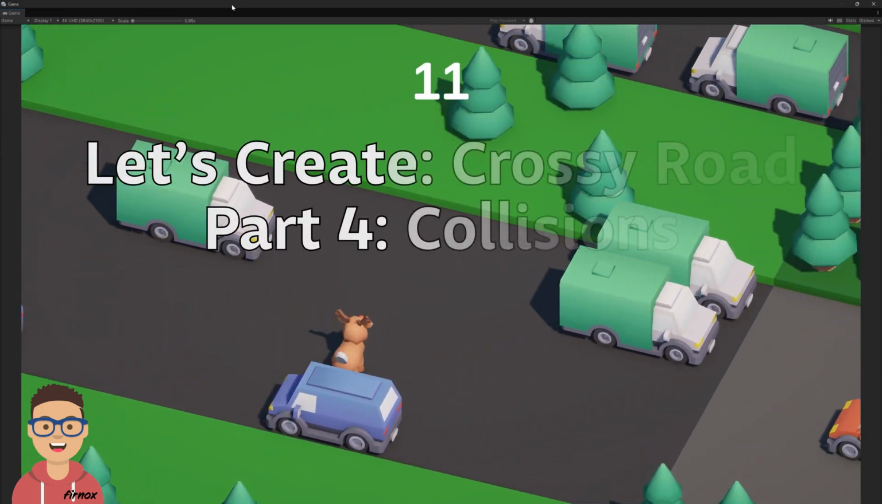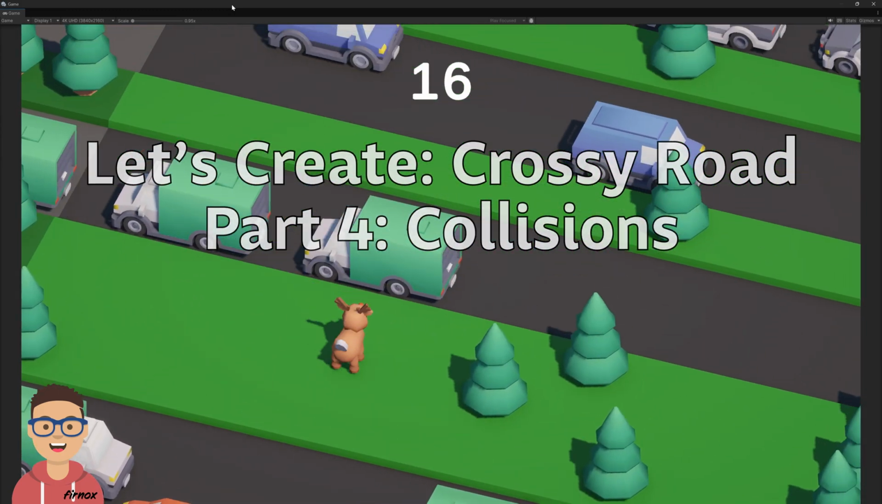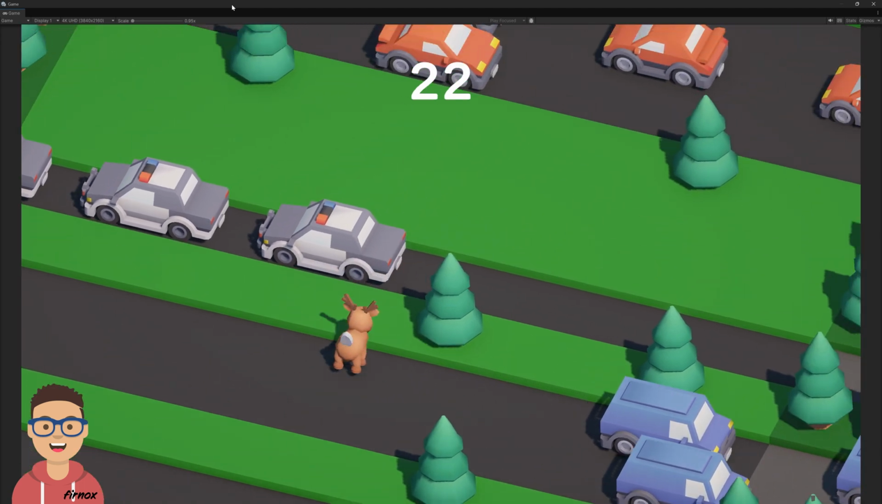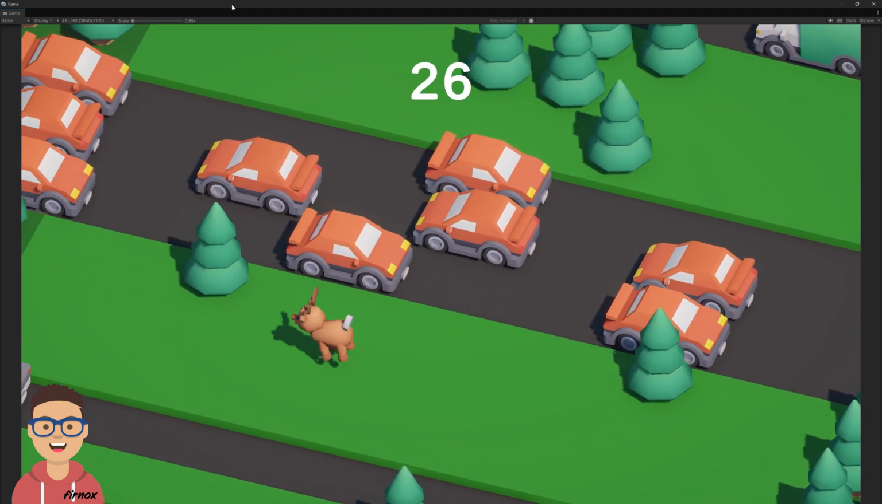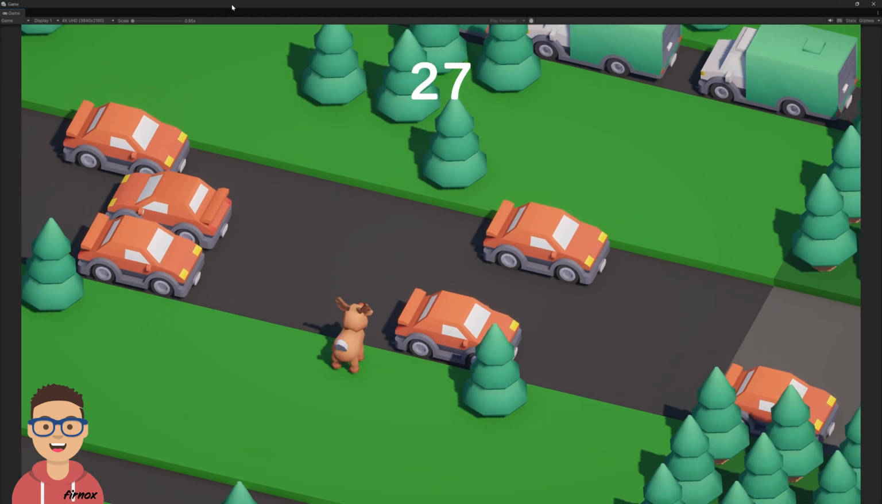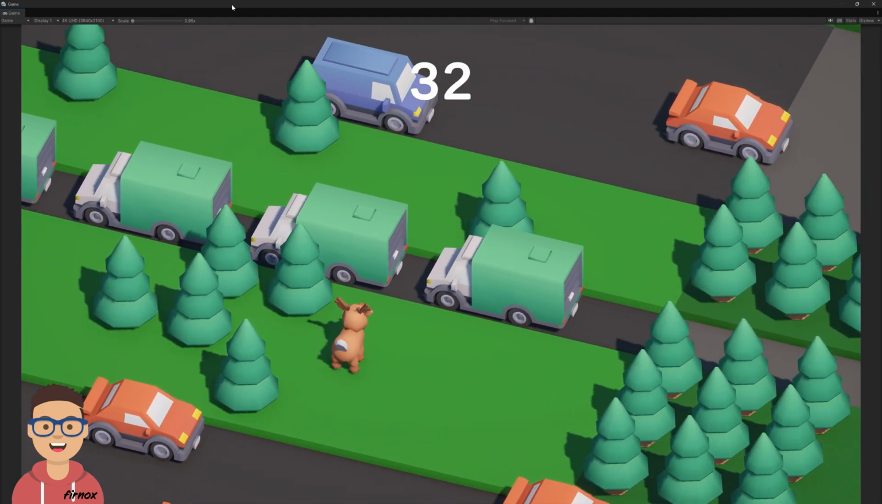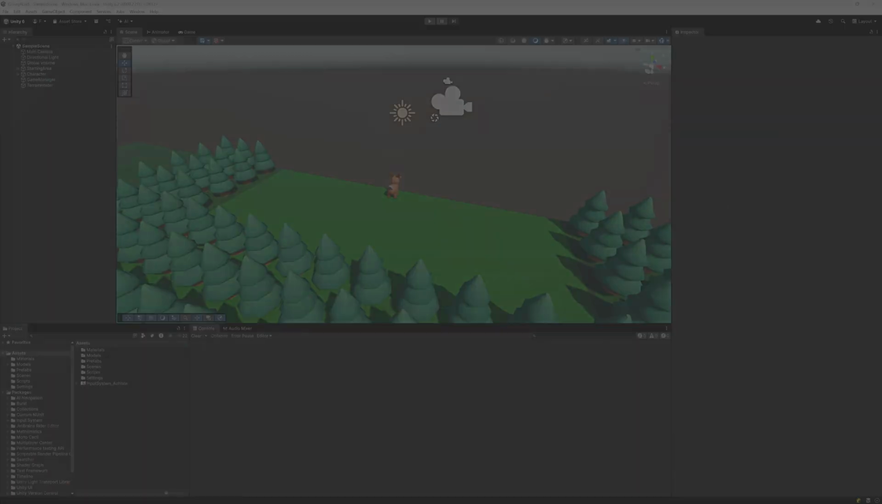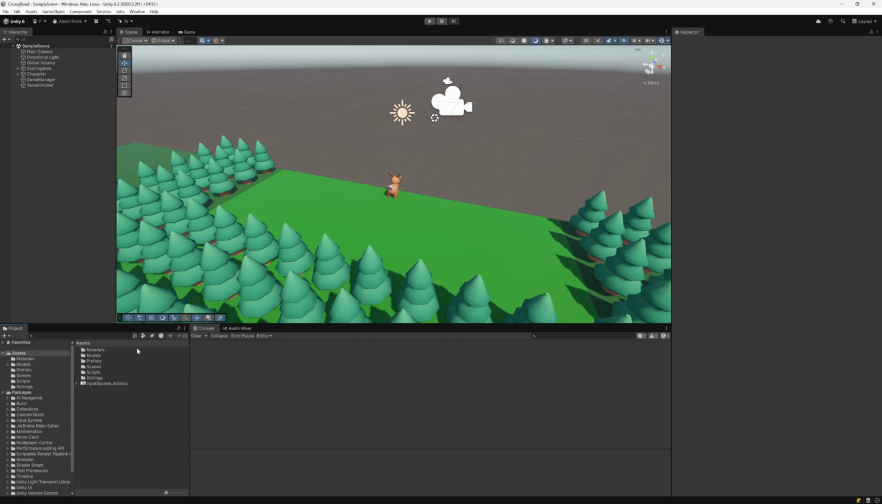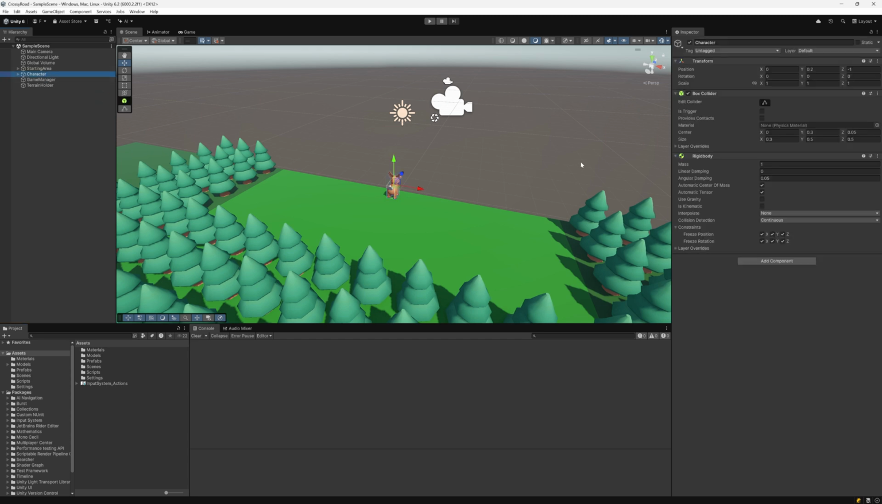Hi, in this Let's Create series, we're creating a Crossy Road clone like this. In the last episode, we added the procedural generation of the road terrain. Now we'll focus on getting the collisions working and add a basic UI. Let's get started. Our character is the moving object with the collider that we want to detect collisions with the